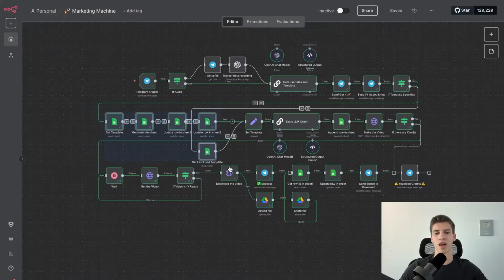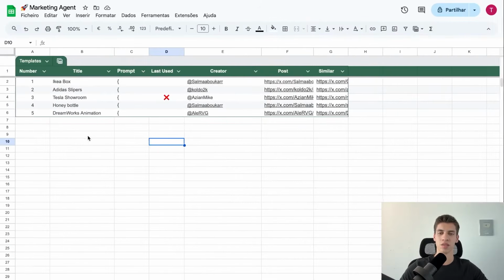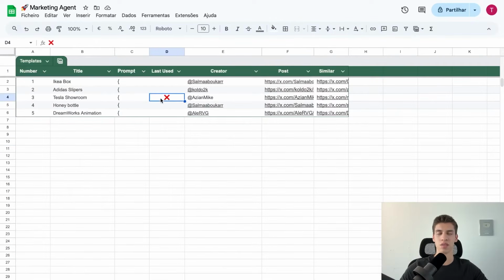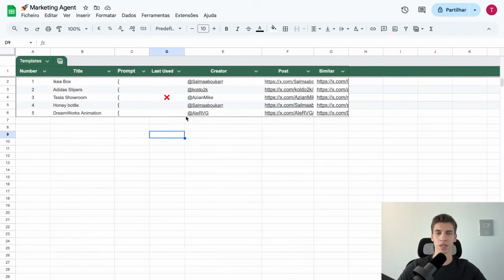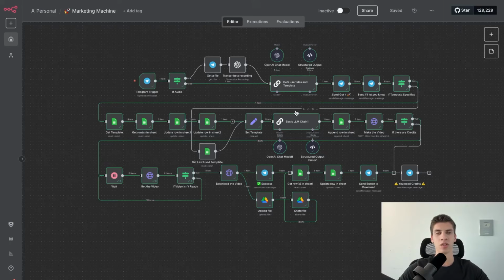Now for this part, I won't go into much detail because I don't want to confuse you, but in simple terms, it's just marking the last used template with this X, so that if the user forgets to mention any templates on his next message, it's always going to grab the last used one as default. And if you want to change this, you just need to say using template 4, like I did here, and it will automatically update. After that, this second LLM chain node will create the JSON prompt to send to VO3,